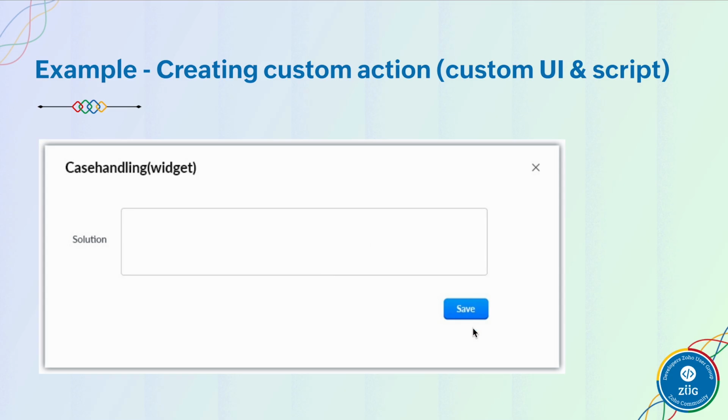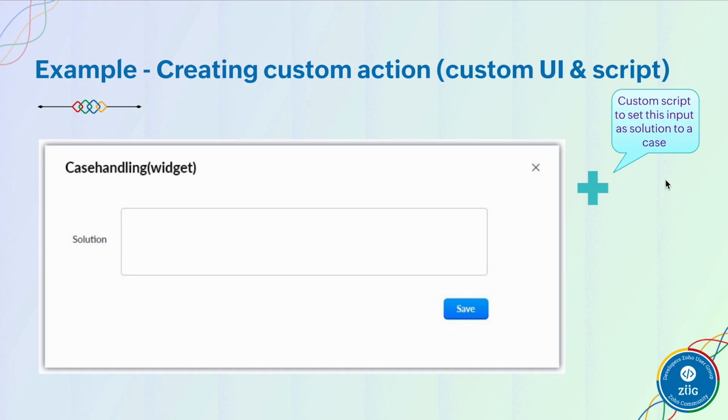Along with the UI component, we need to handle the script also as part of the custom action, right? The script is going to handle the logical functionality of performing that common action. So here in this example, the common action that's going to occur is updating a solution to the case. The criteria, that is the case subject, might differ, but the action of updating the solution to the case is common, right? So the script that is going to be performed is the action of updating a solution to a case in CRM. So now we have a custom UI that we've created, and a script which handles the functionality of setting a solution to the case.